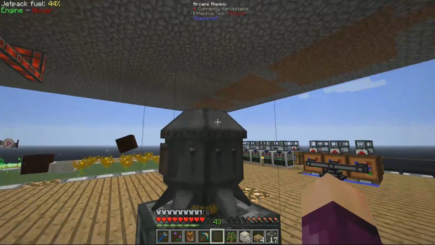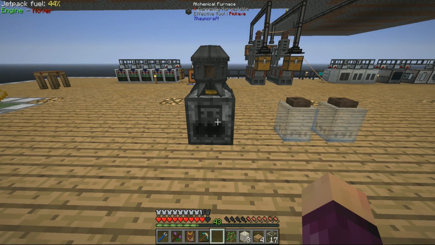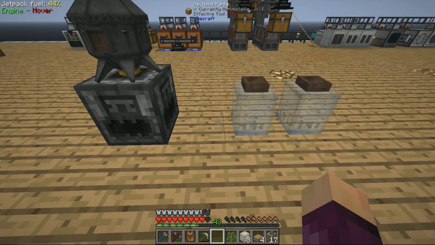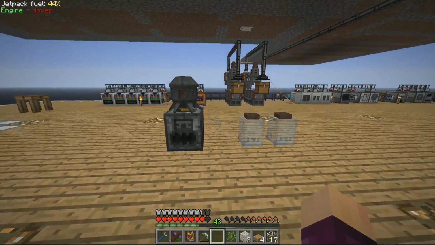If you tried to pipe directly from the arcane alembic over to these water jars, and then, for instance, put in an item that contained 2 different aspects, those 2 different aspects wouldn't make it into those 2 water jars. There will be conflictions. There is all kinds of stuff going on in terms of suction. I'm not gonna lie, I am not an expert in the way that Thaumcraft works with taking stuff out of